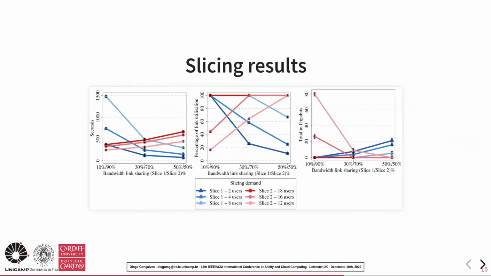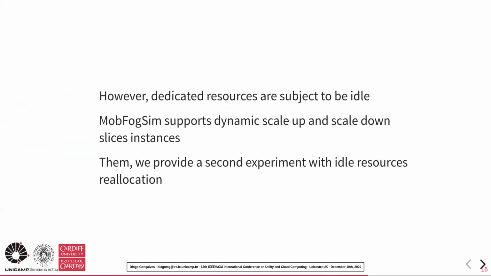It finishes all its migration requests much faster than slice 1. In that scenario, 80 gigabits could be transferred while slice 1 stays active finishing its migrations after slice 2 finishes its own. This is a typical problem of providing dedicated resources for some network. In this scenario, dedicated resources are subject to being idle.